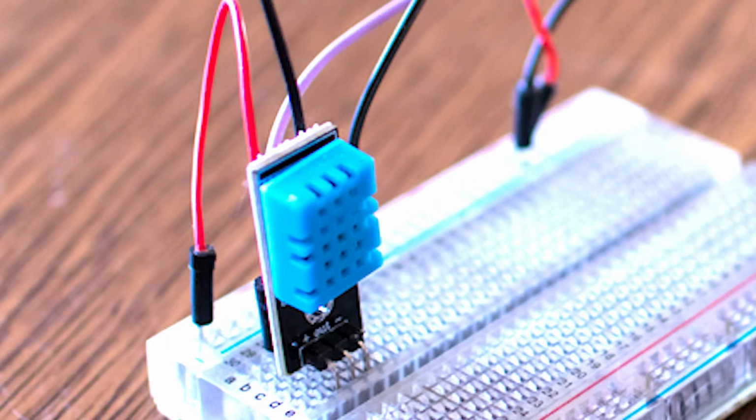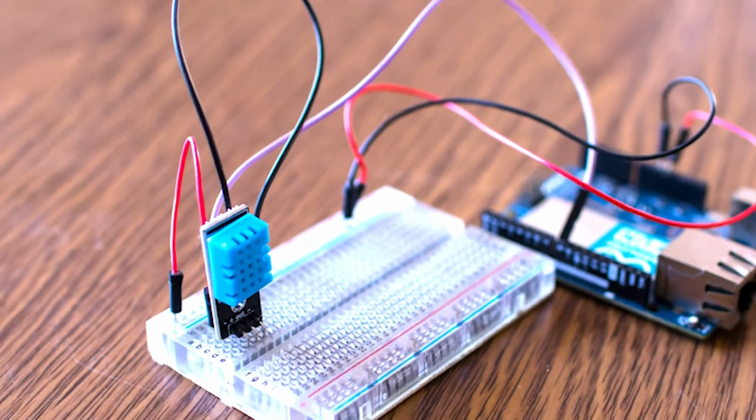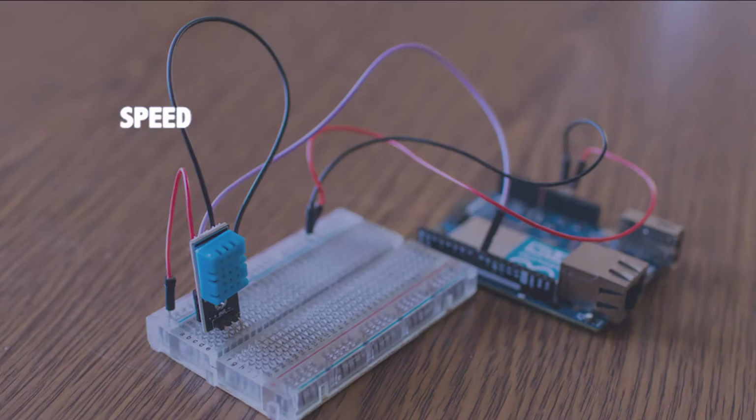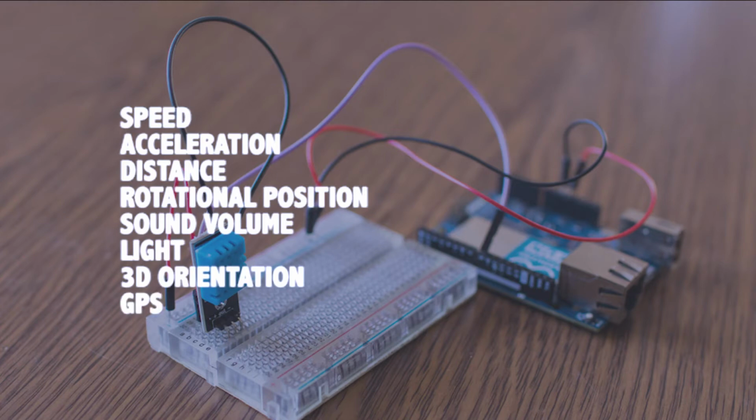In addition to simple inputs like switches and potentiometers, there are also input devices that turn a physical characteristic, like temperature, into a voltage level that can be read and processed by an Arduino. There are devices that measure speed and acceleration, linear distance and rotational position, sound volume and light. There are gyroscopes to monitor three-dimensional orientation, GPS modules for geographical position, and RFID readers to help identify people or